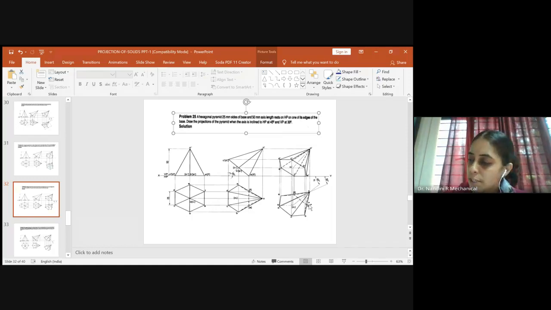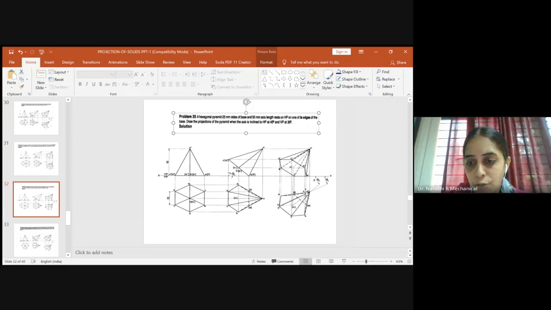The procedure to determine the beta angle remains the same irrespective of whether it's a prism or pyramid. But still you have to take the given inclination to VP, which is 30 degrees. You can take either 30 degrees this way or 30 degrees this way, based on the availability of space. Once you take 30 degrees, we know that we always have to take the true length of the axis, and the true length of the axis is 50 mm. So you measure 50 mm using the compass.